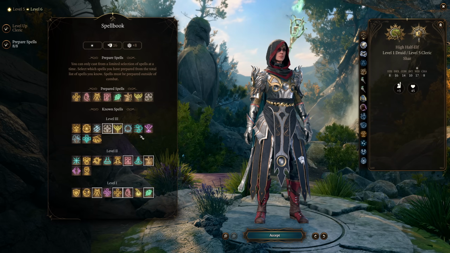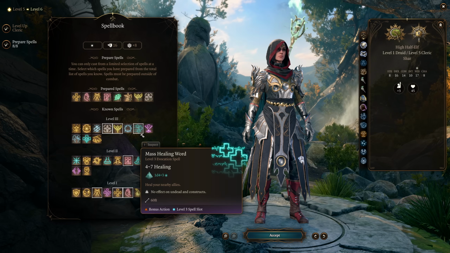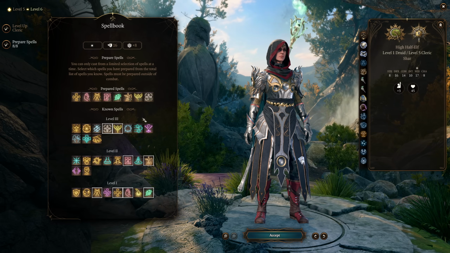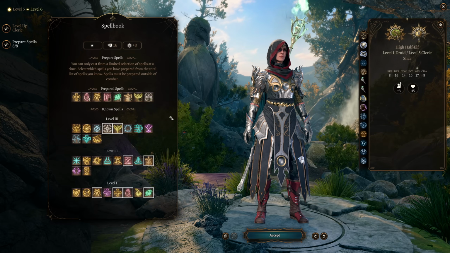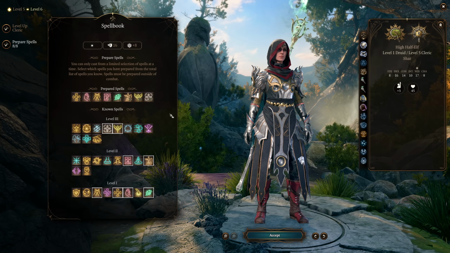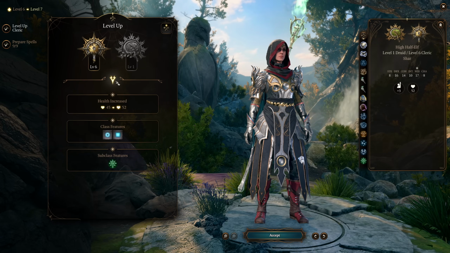If you're using the buff on heal items, Mass Healing Word lets you apply them to your whole party as a bonus action, which of course is very, very powerful, and those items are great for this character as well. But the real benefit here is that we got Spirit Guardians, which is even better for this melee-focused character than for other characters. Of course, we also want our attacks to hit as hard as possible, so at this level,